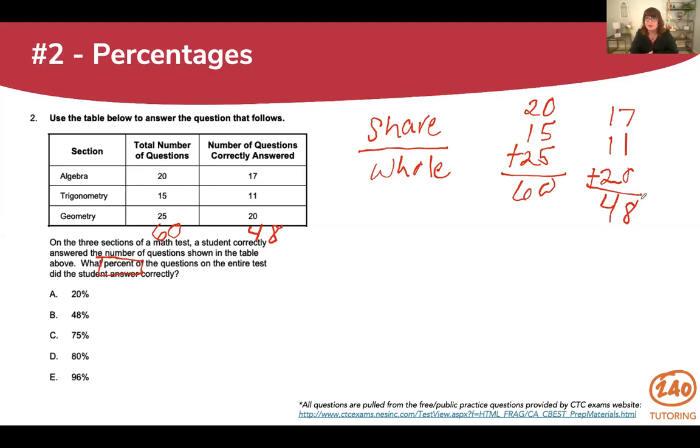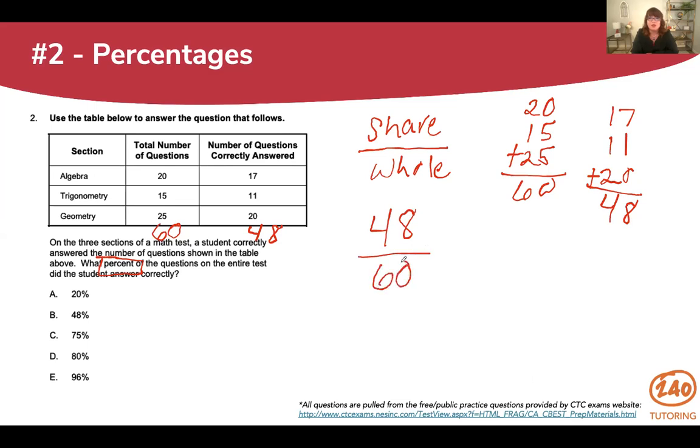So if what I did confuses you, go ahead and do the math the old school way. But hopefully some of you picked up on some strategies there. I'm just skip counting. 20, 40, 50, and 2 5s is 60. 20, 30, 48. All right, so just making that math go a little bit faster. So now we know the number of questions he got right was 48 out of the total, which